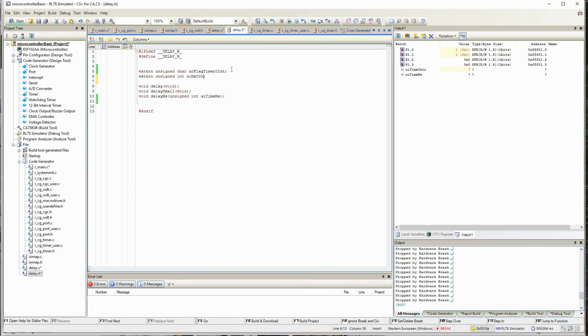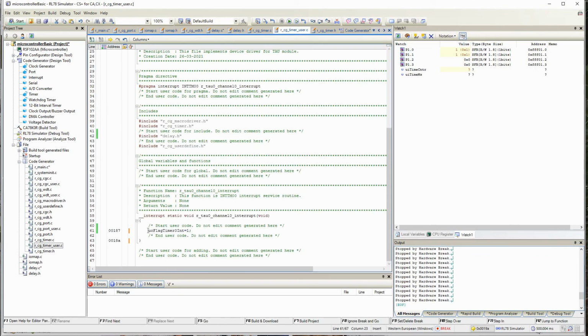I cannot assign any value here. So in the timer, I'll no longer use this. If this timer counter is greater than 0, I will reduce it. Basically, if I have set this timer value to any particular value, every millisecond this timer value will reduce itself, come down to 0 and stop there.